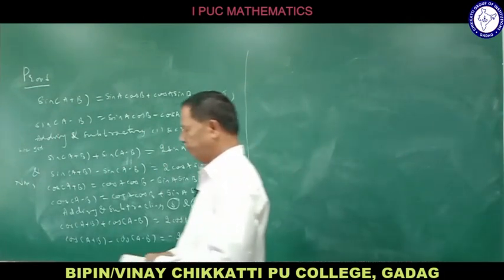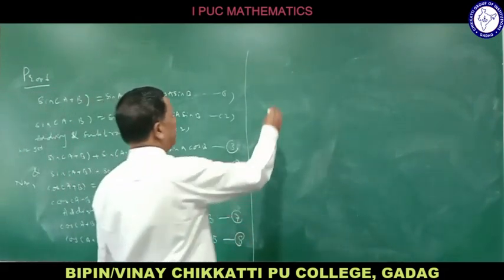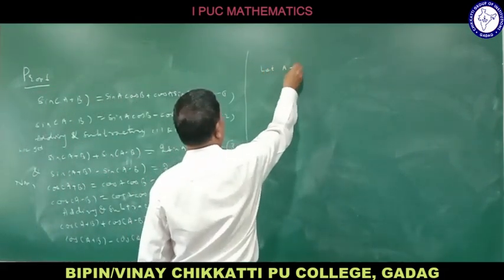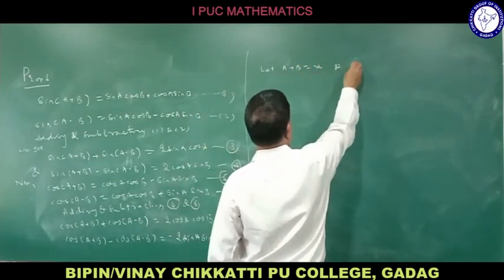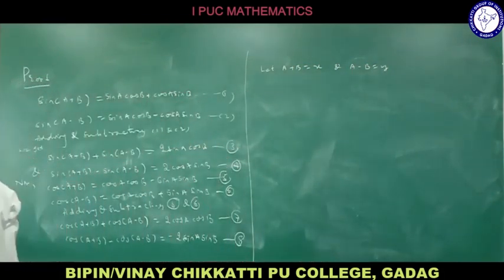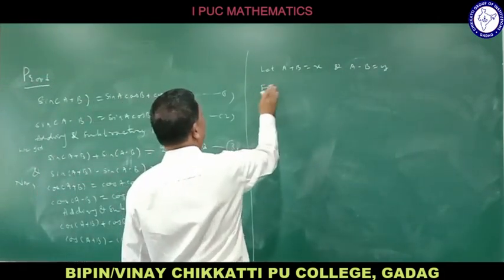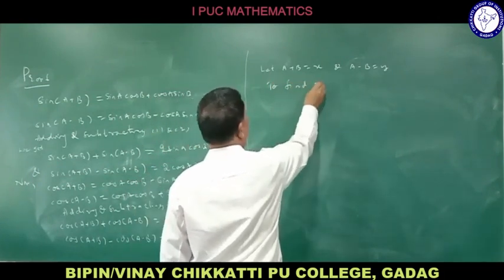Now I say, what is the value of x and y you have to find out here. We want to change the value of a and b. Suppose we say a plus b is equal to x and a minus b is equal to y. We want to bring it out in terms of x and y. When you go for a plus b is equal to x and a minus b is equal to y, accordingly you have to find out how you get it. To find x and y,